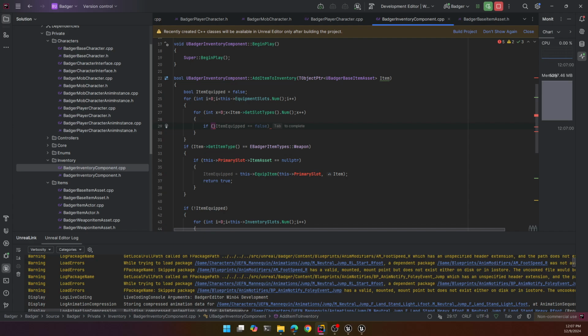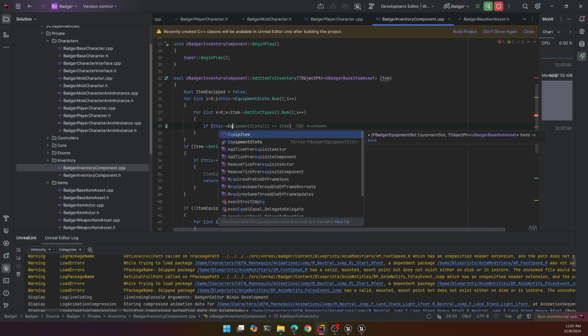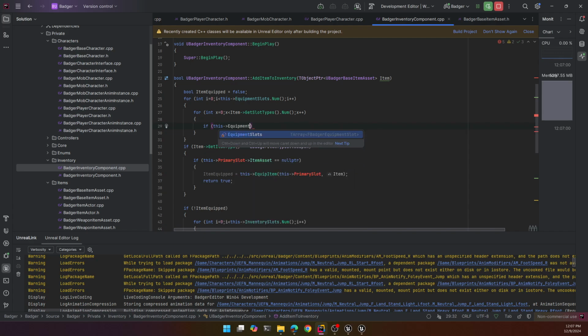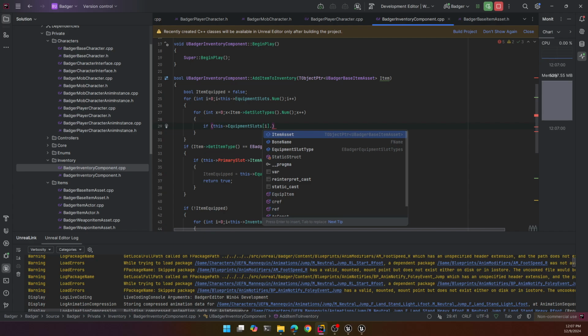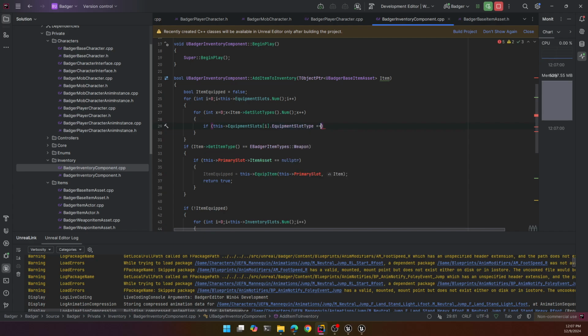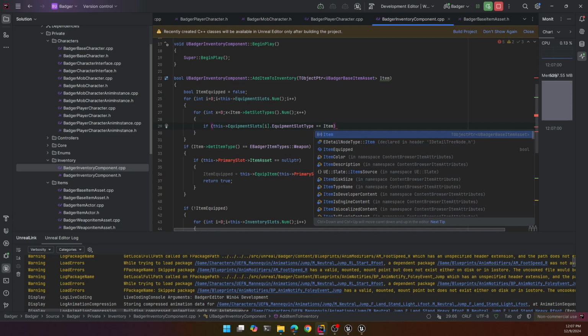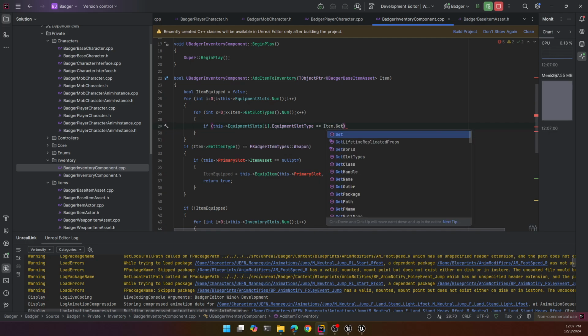If this equipment slots dot equipment slot type is equal to item dot get slot types